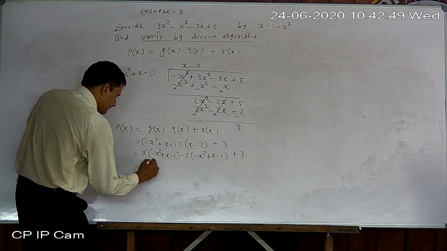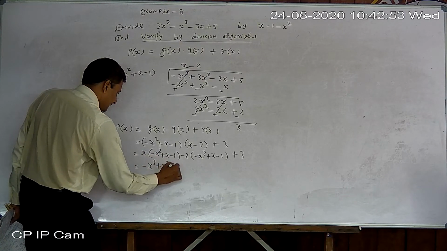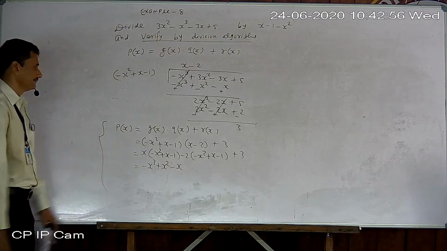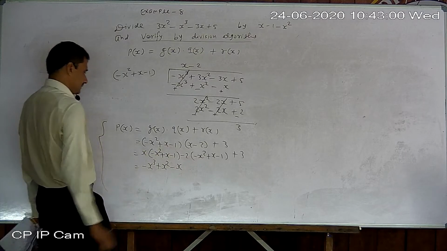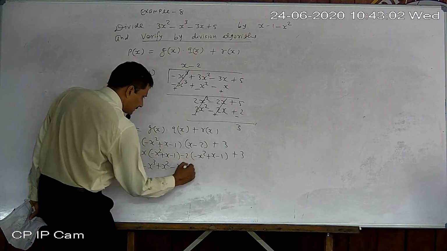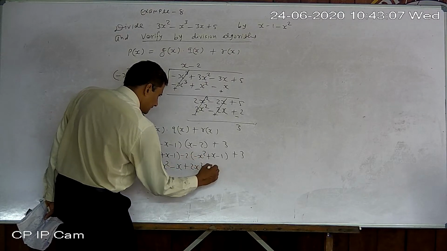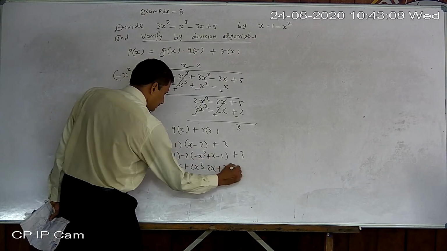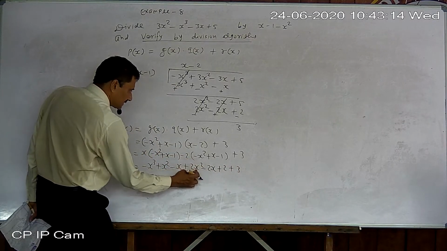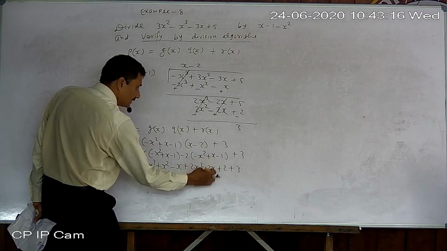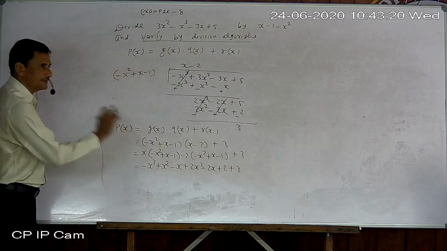So minus x cube plus minus minus, again plus plus plus x square plus minus minus x. Okay, minus x cube plus x square minus x. Now minus minus plus 2x square, minus plus minus 2x, and minus minus plus 2 plus 3. Again minus minus plus 2x square, minus plus minus 2 into x, 2x, and minus minus plus 2, 1s are 2, and plus 3. That is remainder.